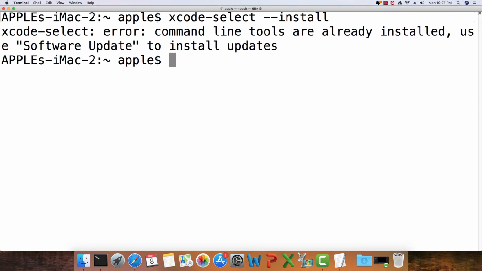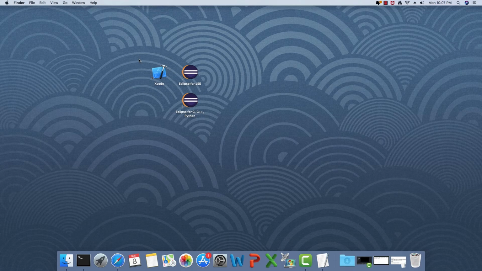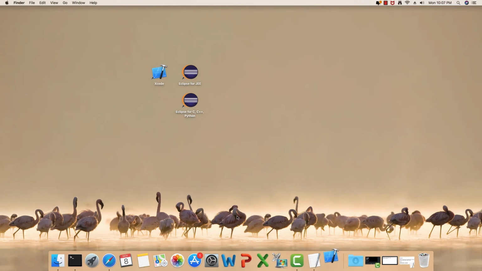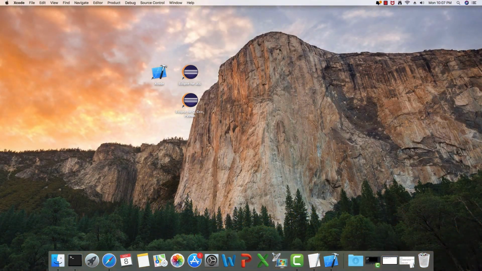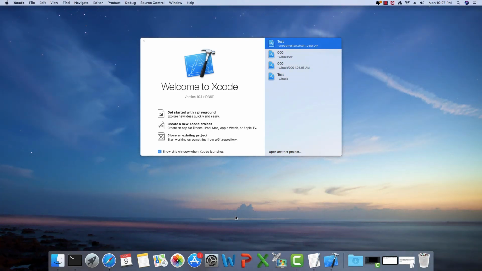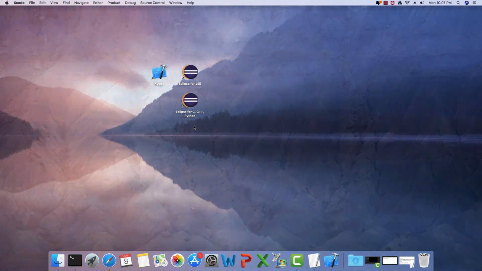So it seems that the Xcode IDE is already installed and I already have it here on my desktop. You can also find it in the Launchpad. So I'm just going to launch it from Launchpad. Let us create a new Xcode project.